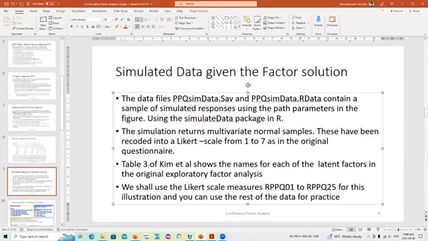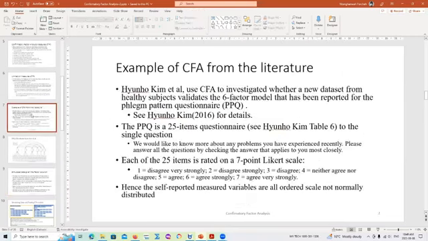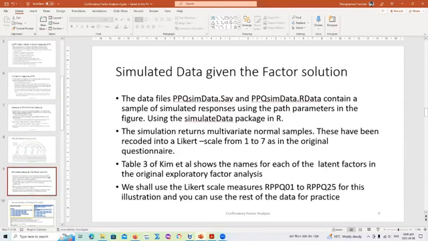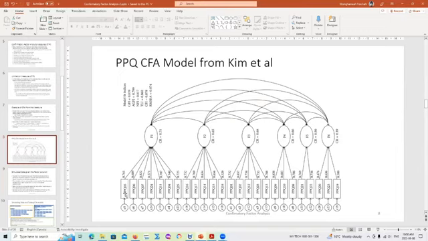Okay. So I said Table 3 of the paper shows the names of each of the variables. I think I brought them here. Are they in here? Okay, maybe not, but I think they are there in the notes. It shows the names of the variables, and these are just labels like PP, Q05, PP. I've used the same variable names in the simulation.